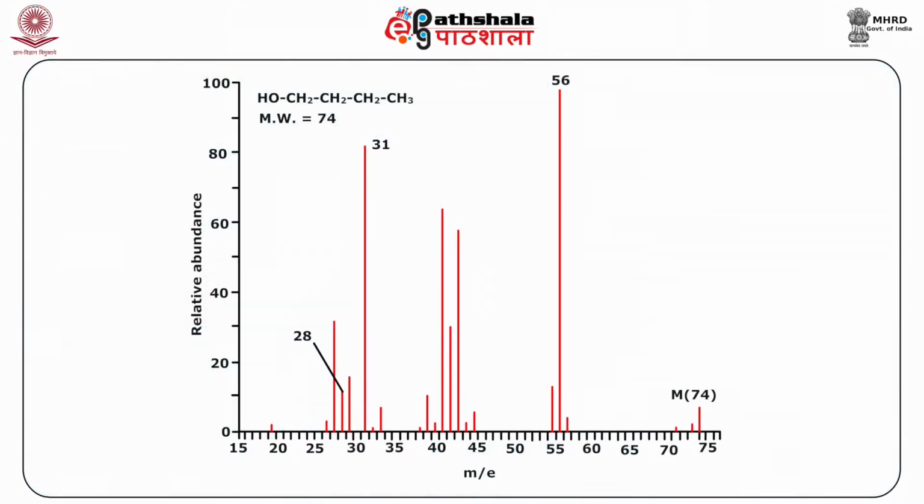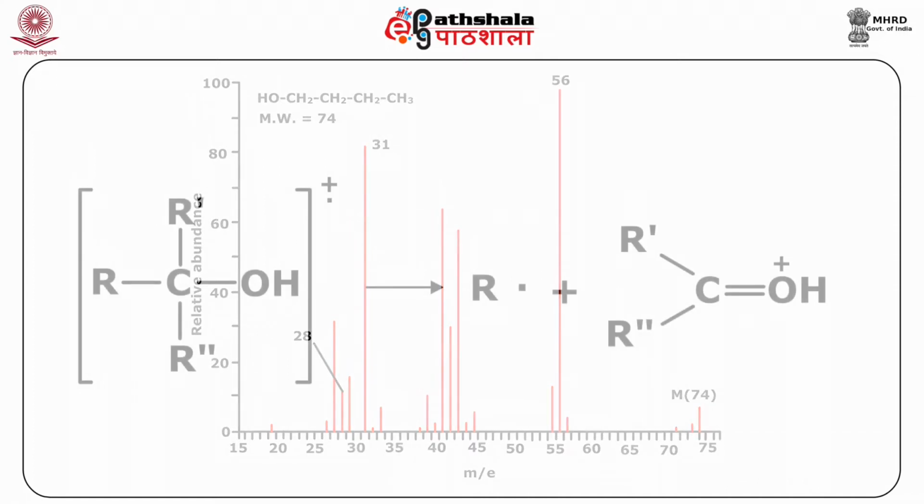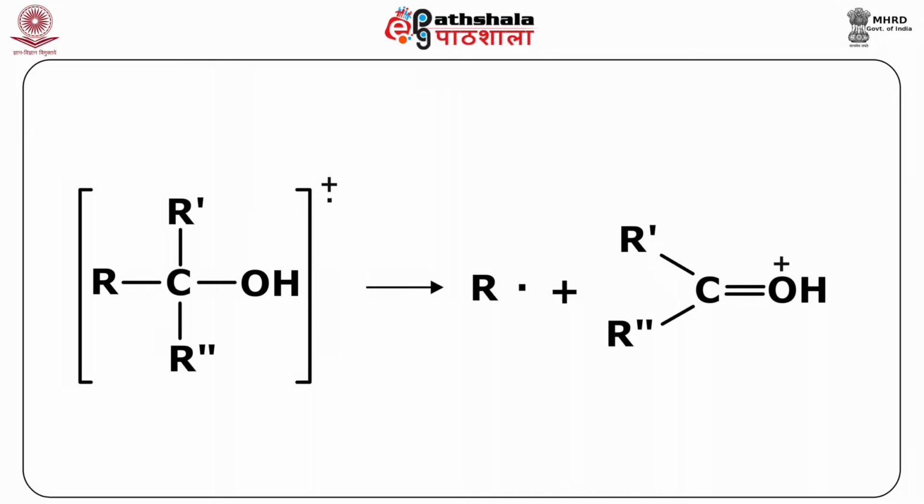The molecular ion peak in 1-butanol, 2-butanol and tertiary butanol at m/z equal to 74 are very weak, too weak to be detected, and absent respectively, because of the reasons already told: tertiary butanol will prefer to be fragmented than secondary, than the primary one. During the fragmentation of these alcohols, the larger alkyl group is generally lost, and this is due to Stevenson's rule, as has been explained to you students in the previous modules. Now, here you can see in a reaction, the loss of the larger alkyl group is preferred.